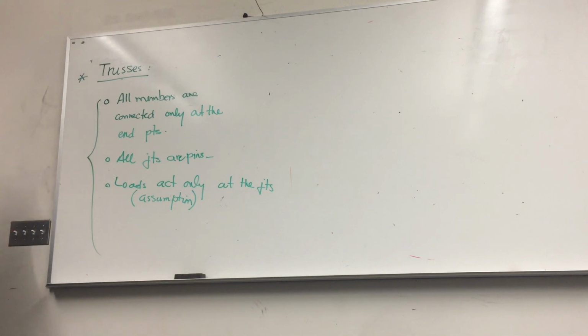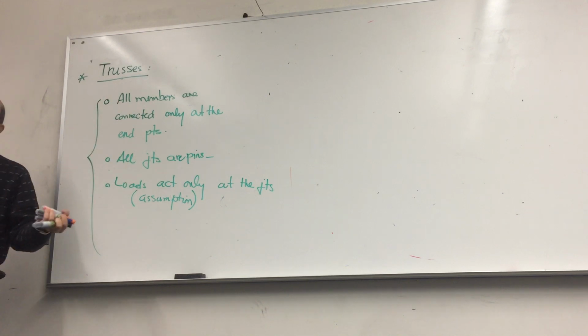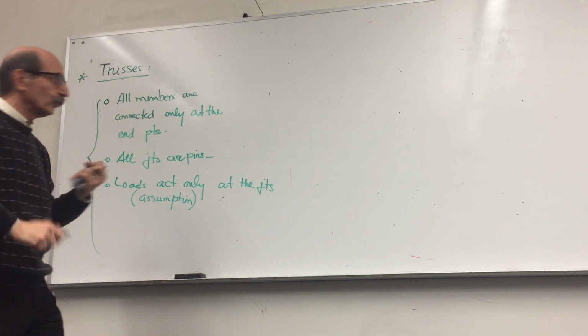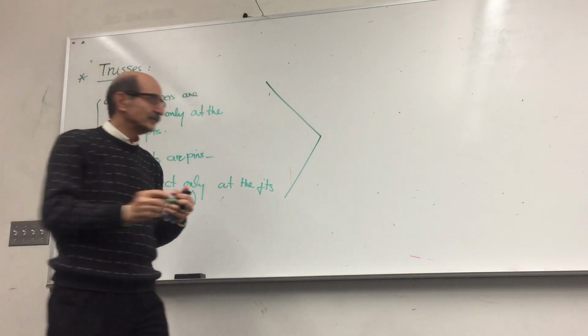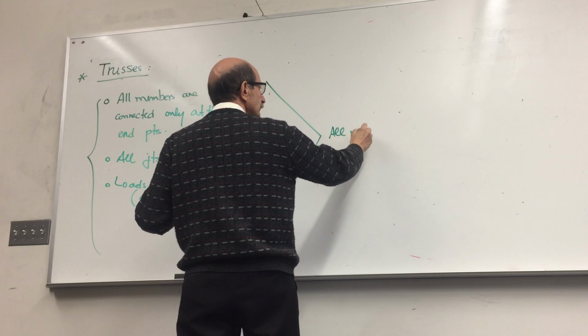So if that is the case, what conclusion do you draw from these three attributes? Anybody can guess? Everything's a two-force member. Every member is a two-force member. Good. You deserve 2 points for that. Two-force members. Send me an email. So all members